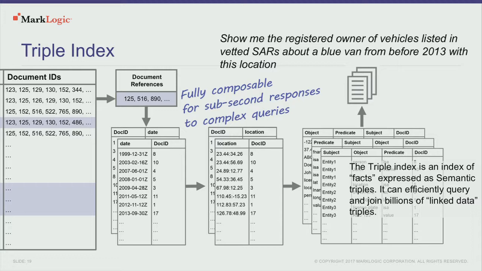And all of these indexes are backed by transactions. So even within a distributed environment, whenever you update a document, the indexes are transactionally updated with that document. If for some reason part of that transaction fails, all of the indexes and the document updates will be rolled back in that same transaction. So it's not eventually consistent, it's not partially consistent, it's always consistent.